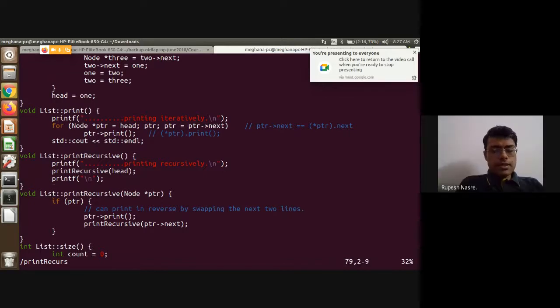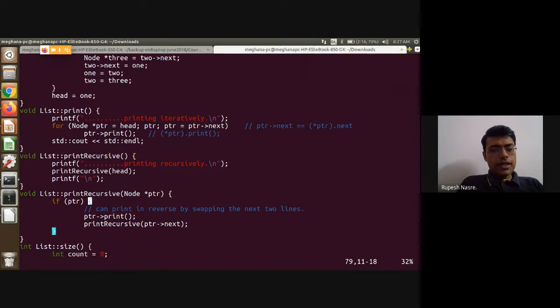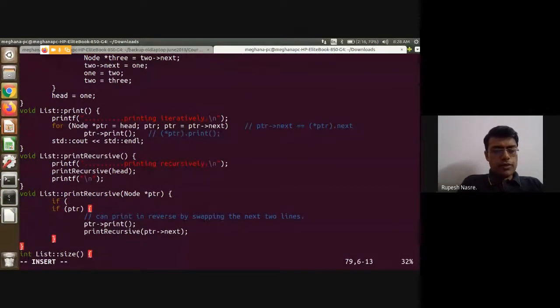So the base case is here. This if PTR, that's a good observation. This if PTR is essentially taking care of the base case. So if I may write it in the opposite manner, what you can say is that if PTR equals null, return, right? Otherwise, PTR arrow print and print recursive.